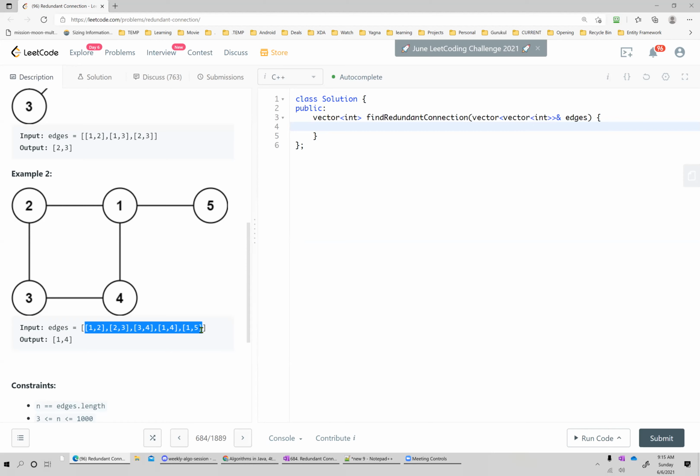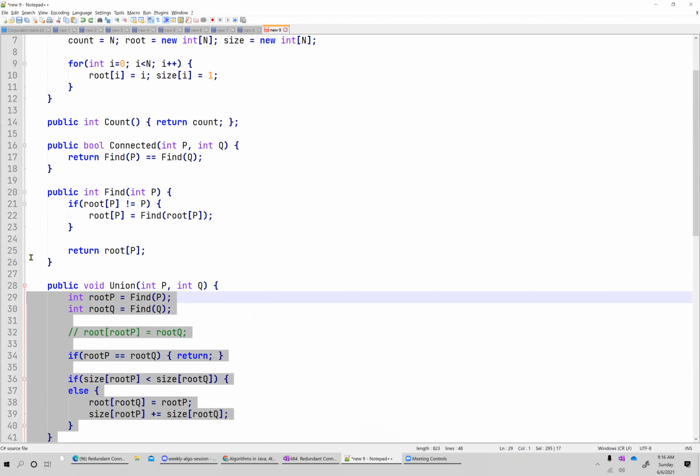So most of the algorithms we want to do, I have seen that most of the time we use the adjacency list. So you convert this to the graph in adjacency list implementation, then you detect the cycle, and then you do that. So with the union find, it can be easily done, right? So let's see that. Anyone have any idea how we can do it with the union find?